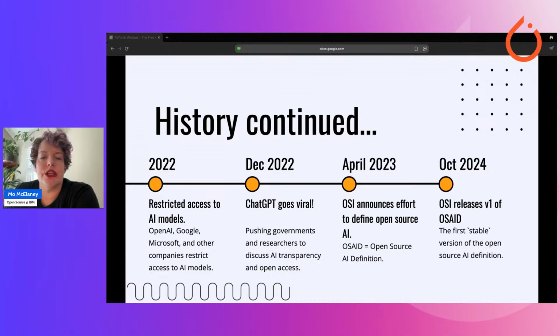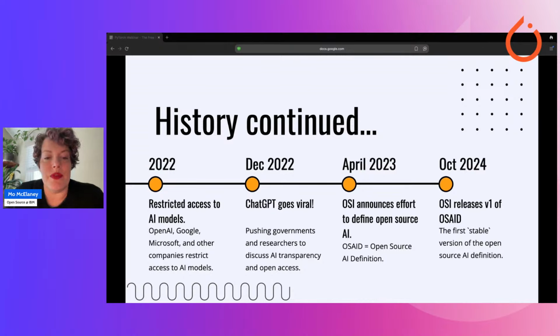The Open Source Initiative, who has been in the business of defining open source software for many years, decided to identify which AI model licenses are actually qualified as open source licenses by respecting open source freedoms. And in October of 2024, the Open Source Initiative announced their open source AI definition.